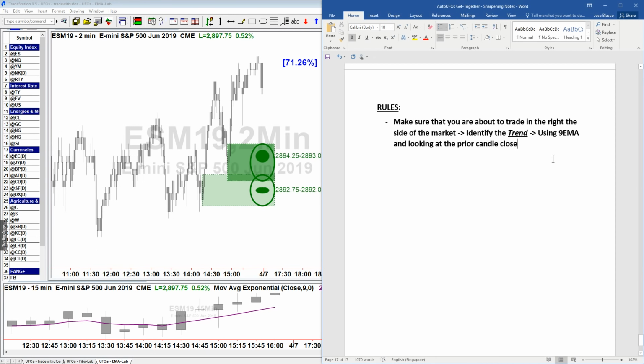why the 9 EMA? Well, again, we're using the 9 EMA. I said it earlier very quickly because it's a standard EMA that comes by default in many platforms. And in this case, I want to use the one thing that most people could use, because the more people could use it, the higher the probability that other orders will enter the market when I enter the market. If I was to use a weird moving average, let's say I use the 71, I don't know who uses the 71, but certainly the 9, many people use it. Why? Because it's a default moving average in many platforms.